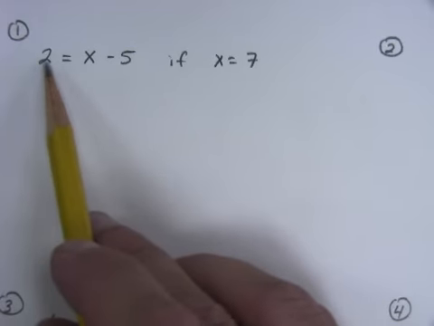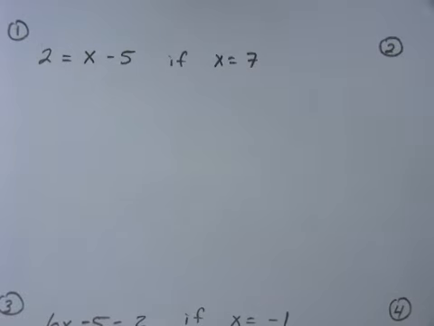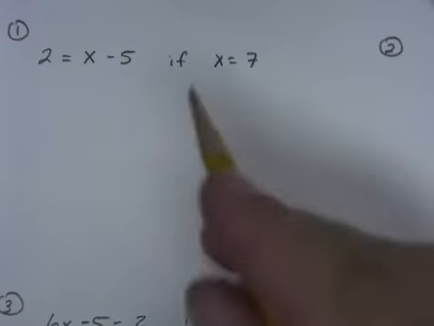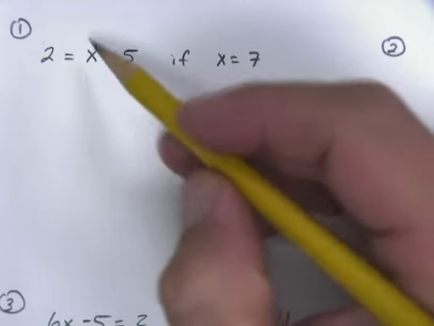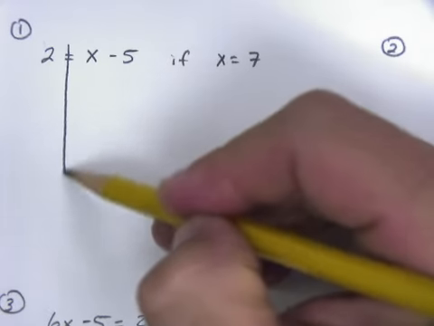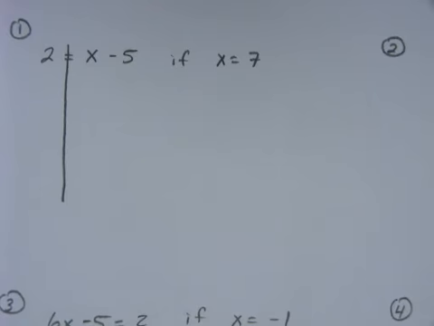We have an equation, 2 equals x minus 5. And it says over here that if x equals negative 7. Don't worry about that part. When you have an equation, there are two sides of the equation, and the two sides are separated by the equal sign. And so the way I think of it is